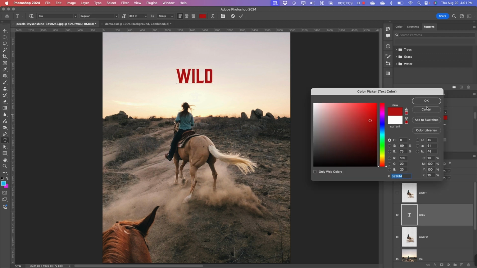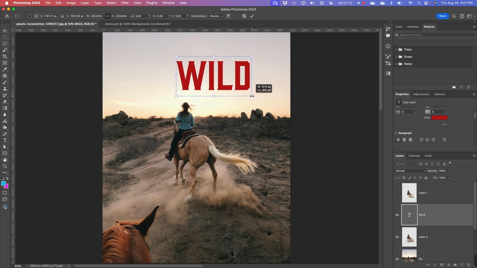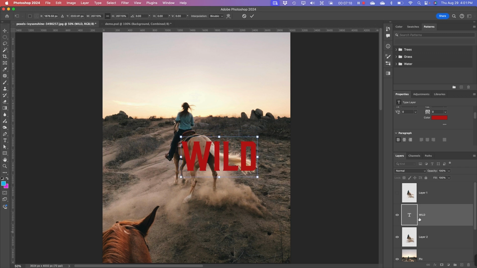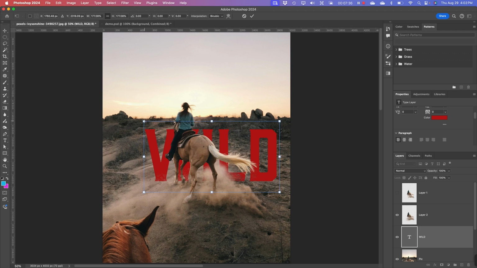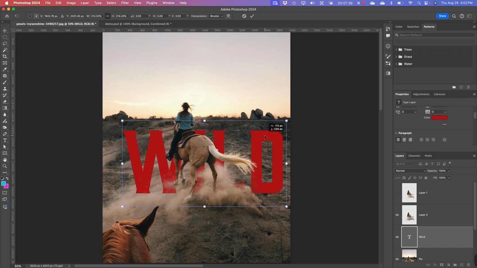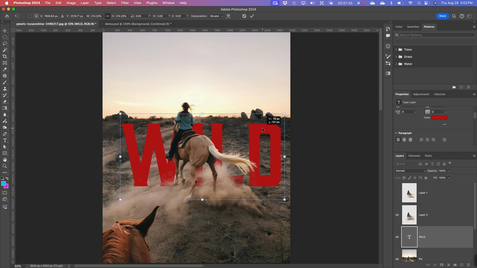The color of it, dark red. Incorporate a little type. Give it some reason for actually having